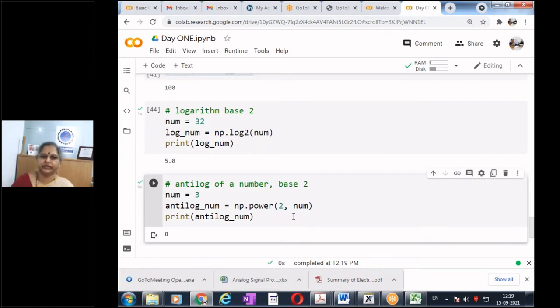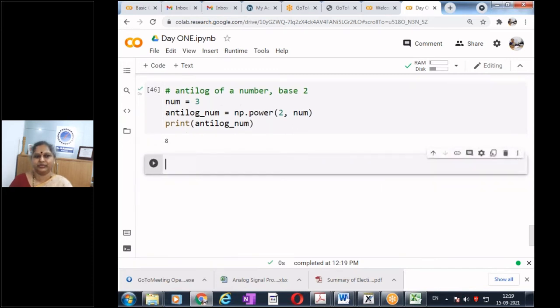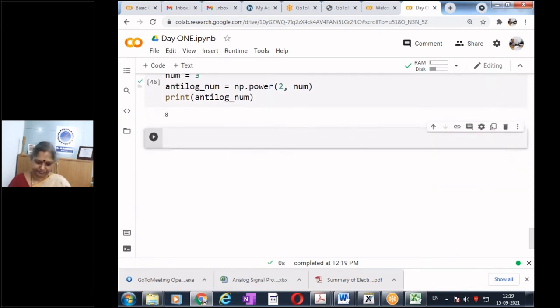Is that fine? Okay, so now we have seen log base 2, how to do a log and an inverse. We saw how to do sine, cos, etc. Now we'll take something else very, very interesting. Just try this and tell me what you're getting.